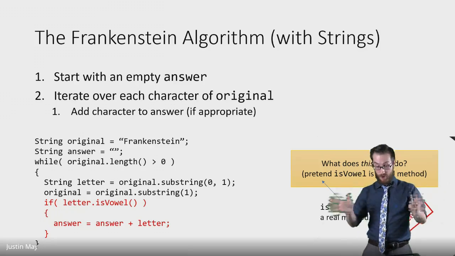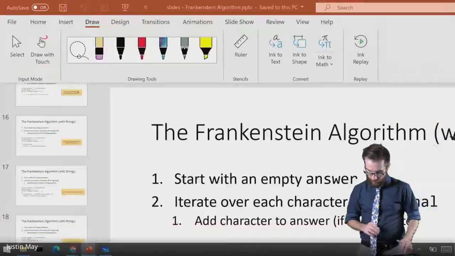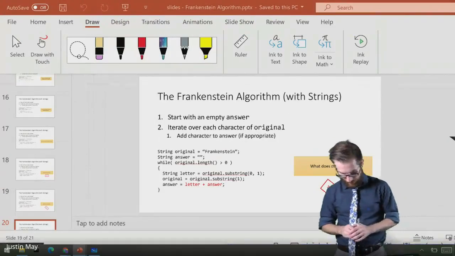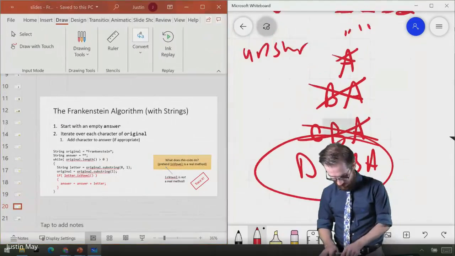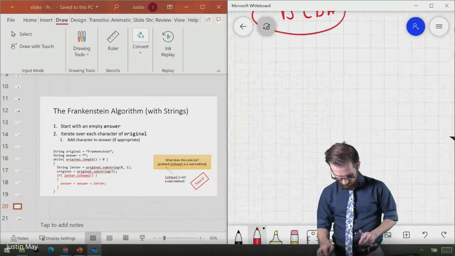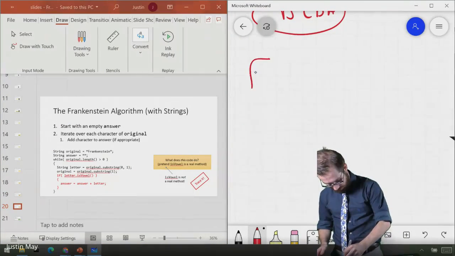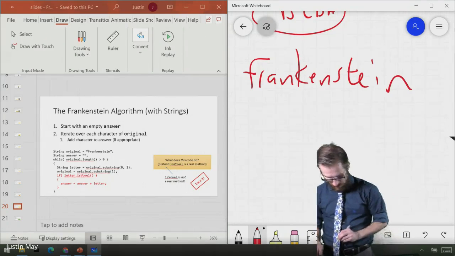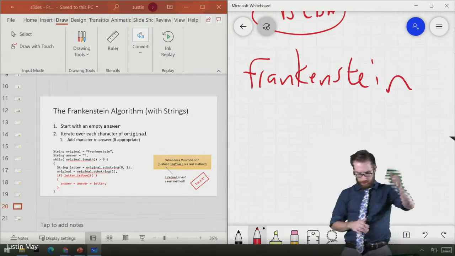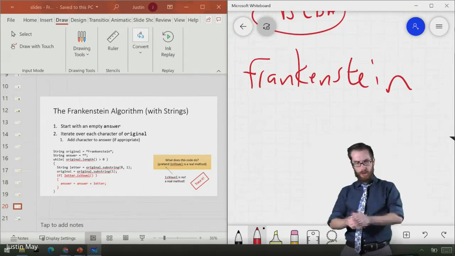All right, you got your answer. Let's see if I can spell Frankenstein again without a spell checker. So if original is Frankenstein, how close did I get? Oh, great. So if that's original, Frankenstein, as this loop goes, we're just going to look one character at a